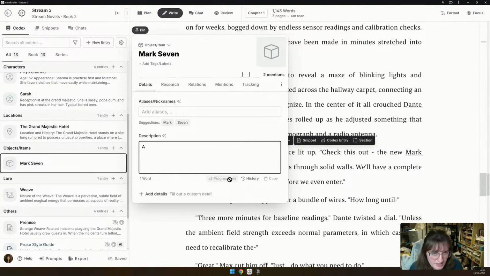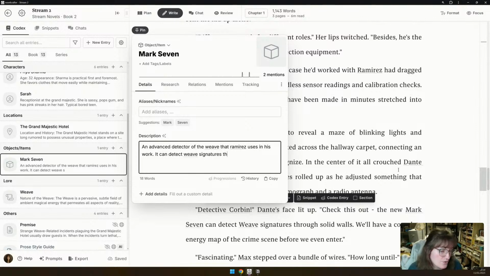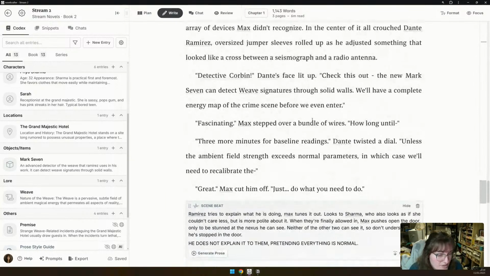An advanced detector of the weave that Ramirez uses in his work. It can detect weave signatures through solid walls. So we've got that.